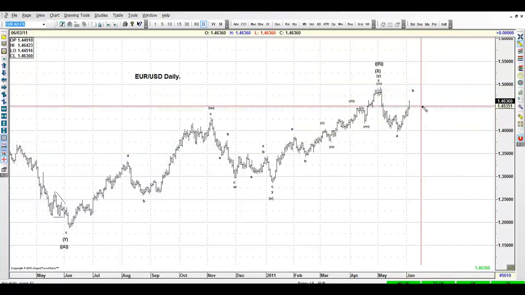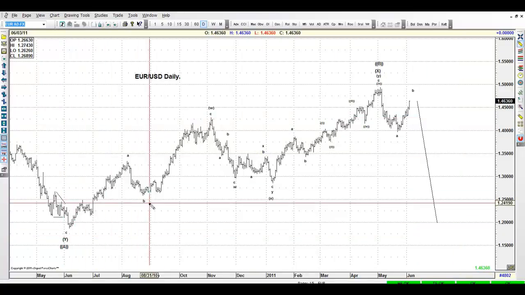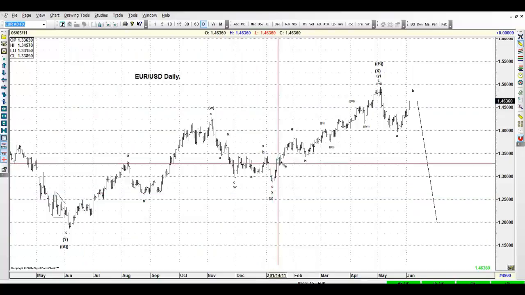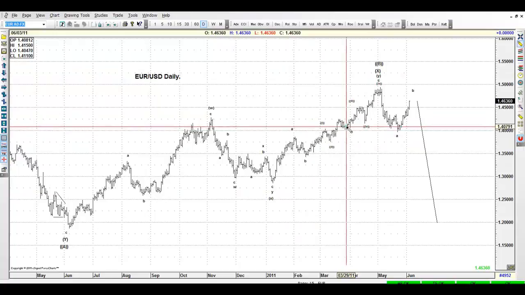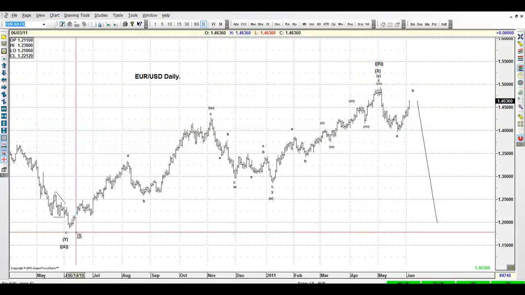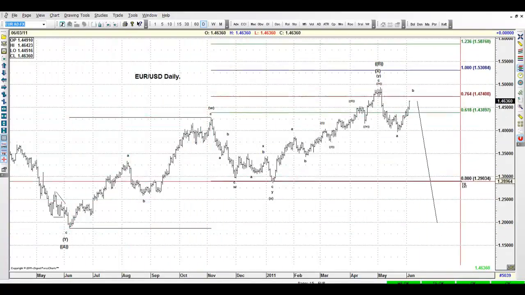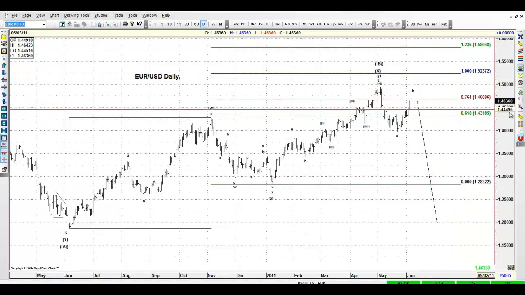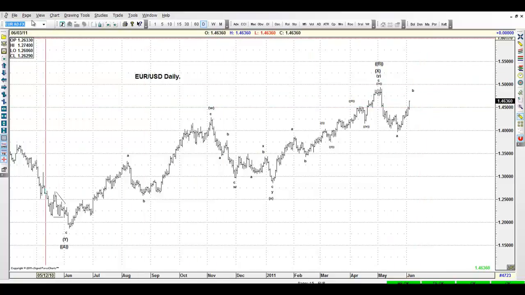So we still believe that the euro can go lower, but the scenario is very similar to the scenario on the dollar. This also can be counted as A, B, C, W, S, and then this being A, when you got 1, 2, 1, 2, 3, 4, 5, this is 3, a 4, and a 5, so this becomes A, and then the scenario when the dollar goes to 68, then the euro is going to go to 153 area. That can be very possible, guys, to be honest with you.